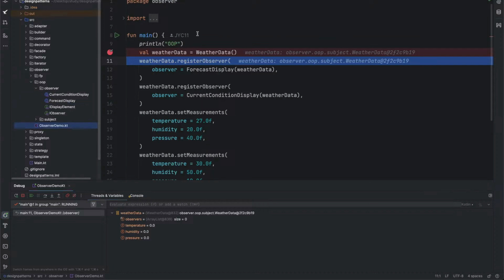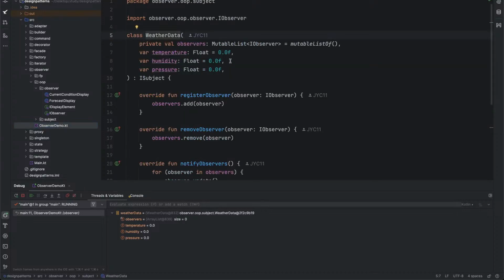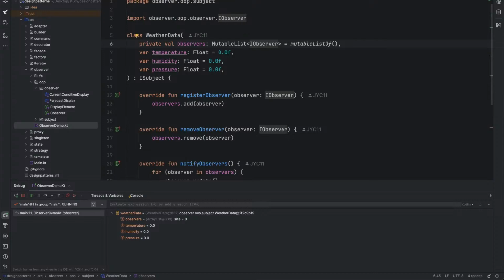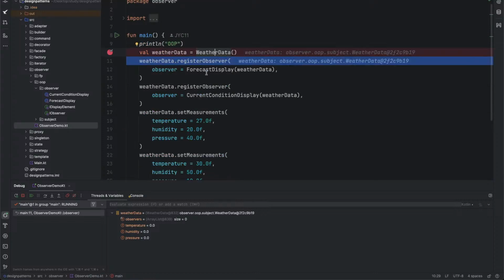So this observer here, when we look at this weather data, is a list of I observers. This is an interface, right? This means that all observers have to implement this update method, right? There's the update method right here. And we are going to add it to the weather data, right? So when we just step into it,